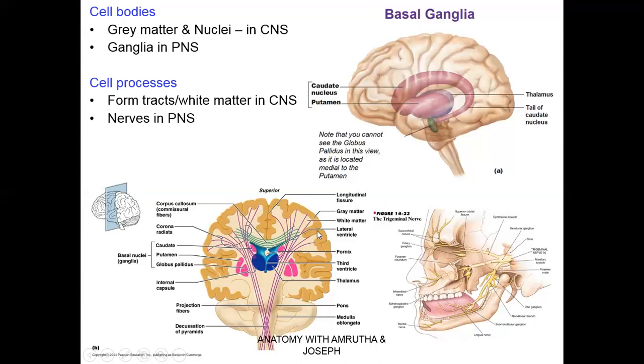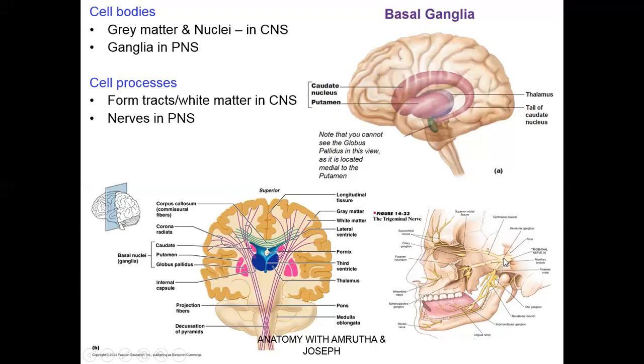Now, the cell bodies are located here. Collection of cell bodies here, and that is called as gray matter. So I think it's clear: gray matter and white matter. Now, ganglia. Ganglia is a collection of cell bodies outside central nervous system. So this is the central nervous system, the brainstem. Outside the brainstem, there is a collection of nerve cell bodies, and this is ganglion. Ganglion is a singular term, ganglia is a plural term. So ganglion can be seen here.